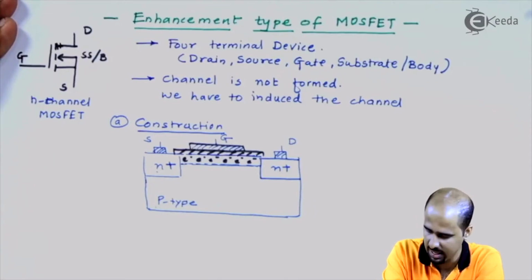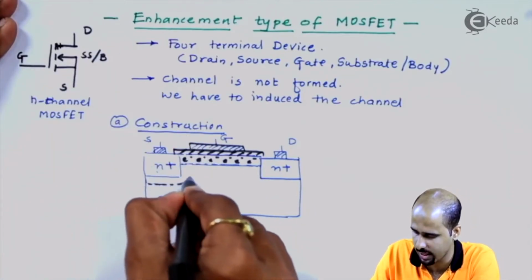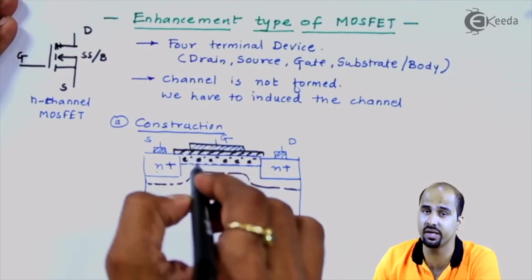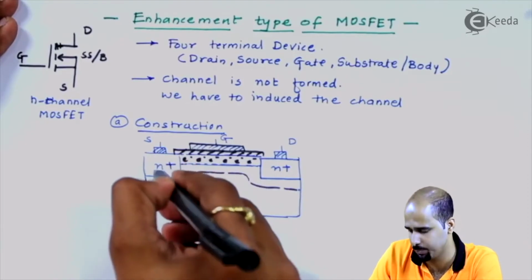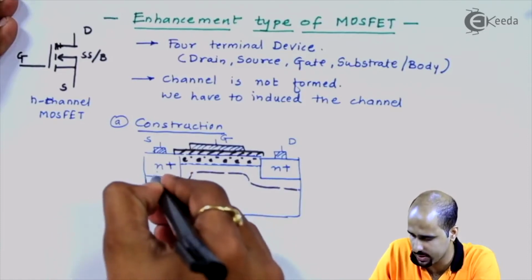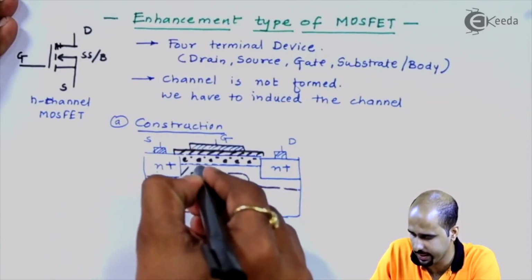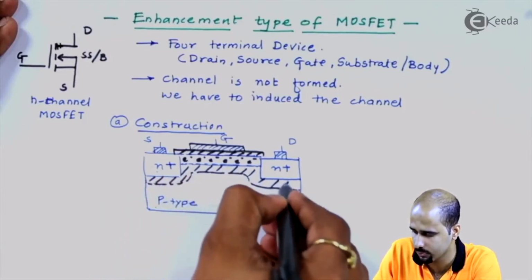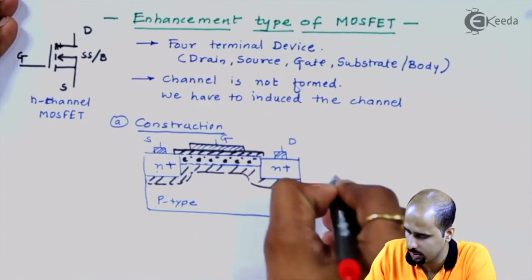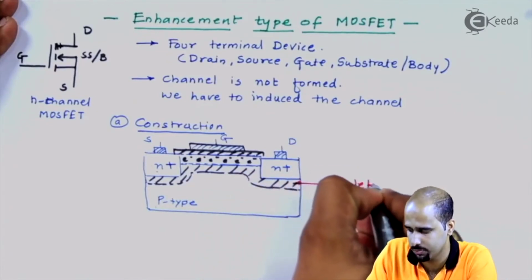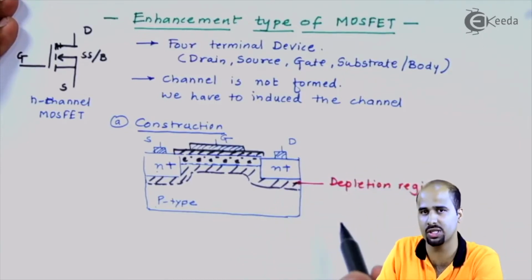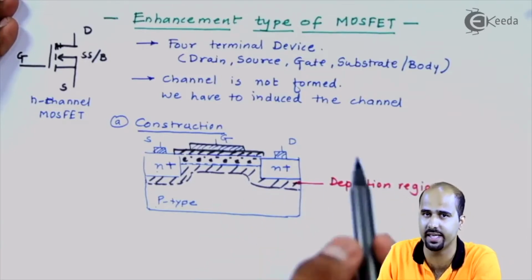So I will get another layer that is called the depletion layer. The depletion layer is nothing but the ions with depleted carriers, or ions with extracted carriers, okay. So this is nothing but your depleted carriers. We will name them one by one. This is your depletion region, and this depletion region is nothing but ions with depleted carriers, okay.